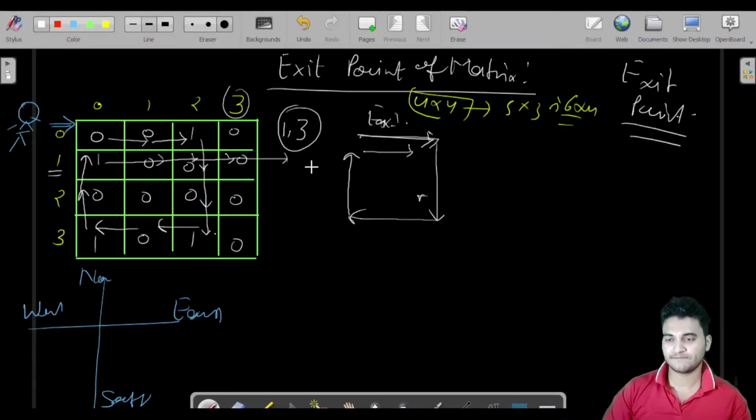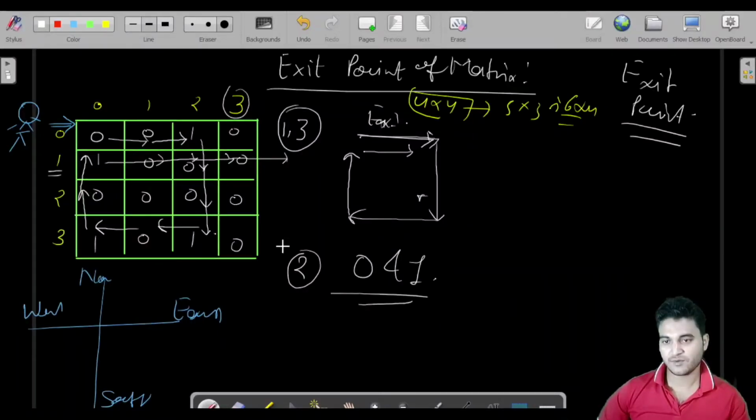You have to solve this particular problem. One more thing I want to explain here is that there will not be any other element except zeros and ones in the input for this matrix. This is the constraint for this.